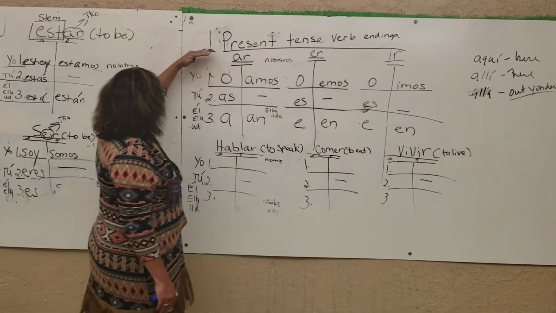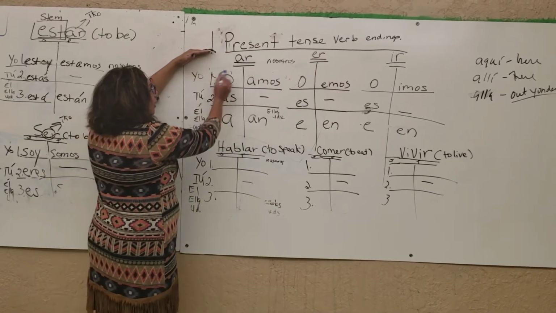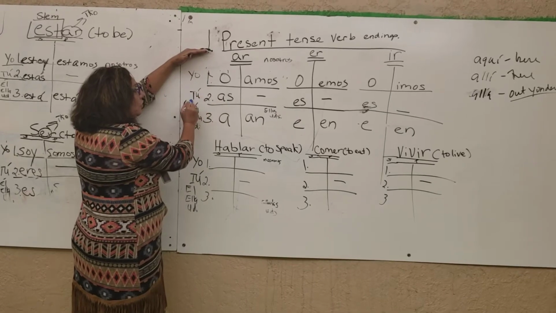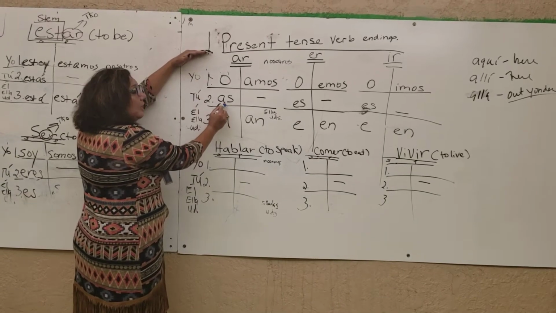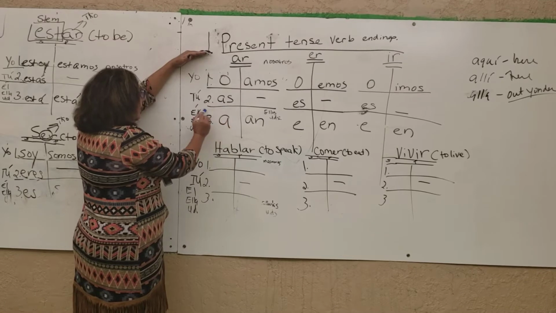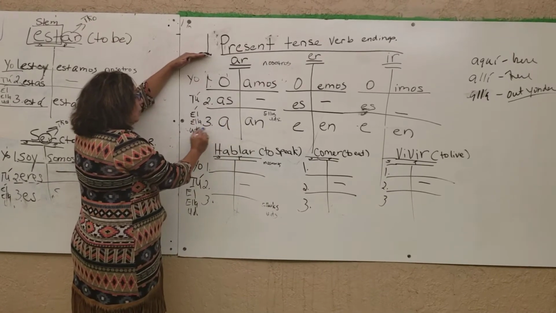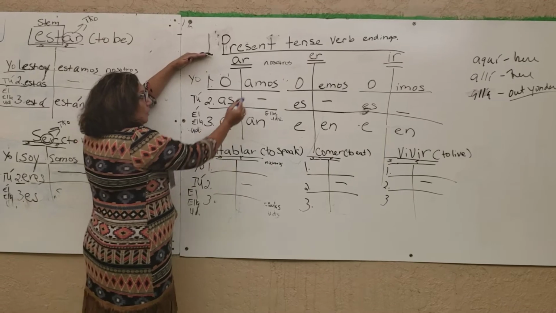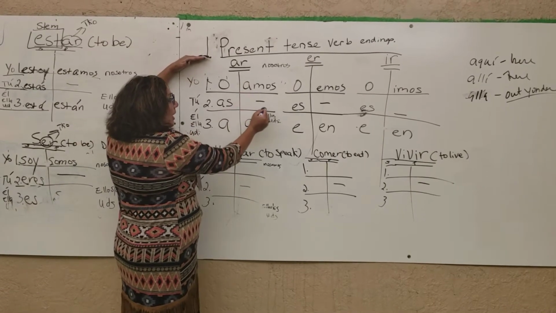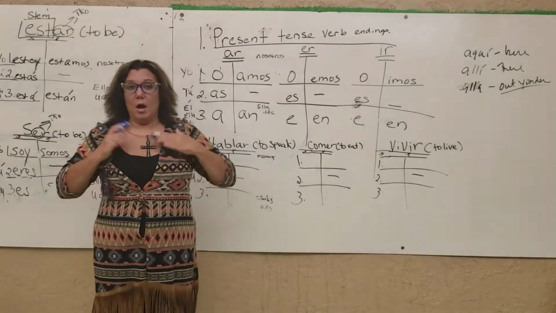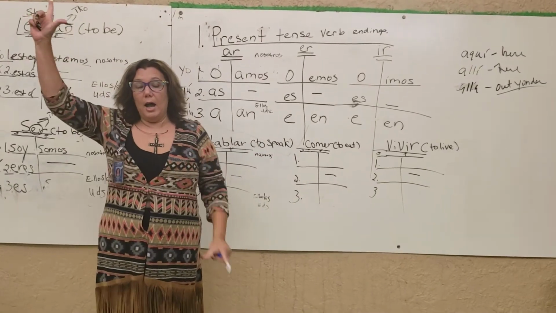For the AR chart, yo goes with O because it's first person and it's singular. Tú goes with AS, because it's second person and it's singular. Él goes with A, ella goes with A, usted goes with A. Nosotros goes with AMOS, ellos and ustedes go with AN. So repeat after me: O, as, a,